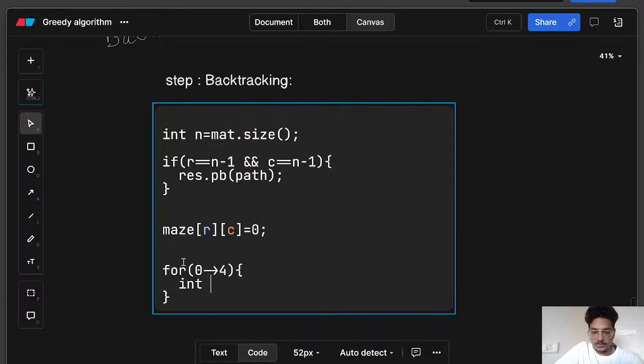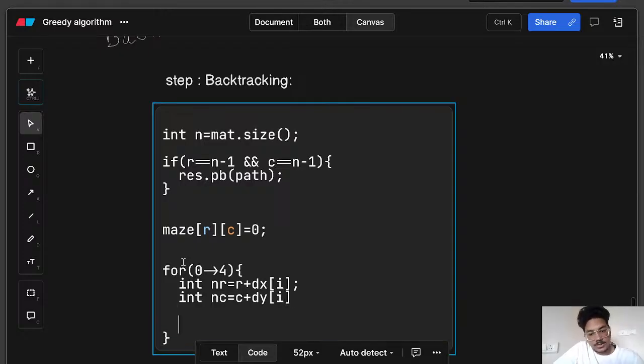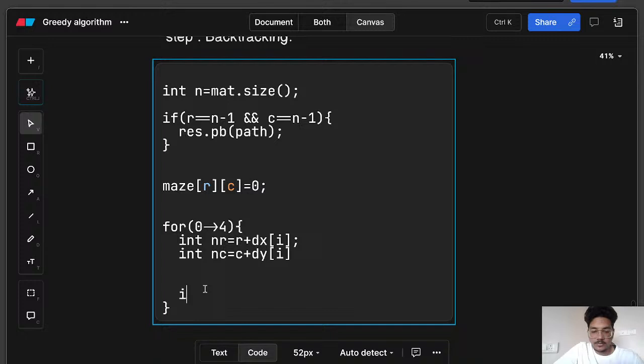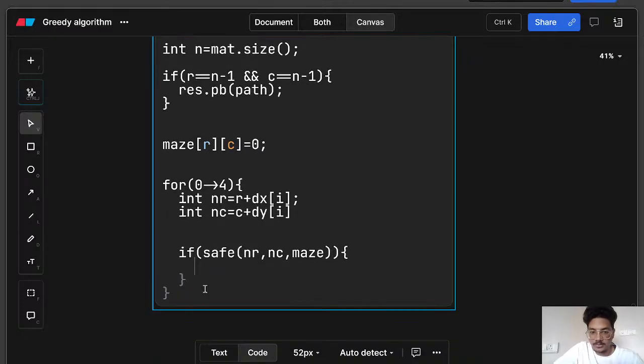So the new row will be the old one plus dr of i. The new column will be the old one plus dc of i. And after deciding the new row and new column, we have to check whether it is safe or not. We check the safe condition for the new row and new column in the maze. If it returns true,